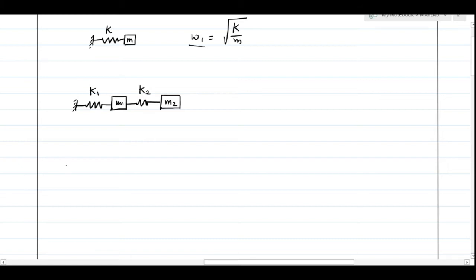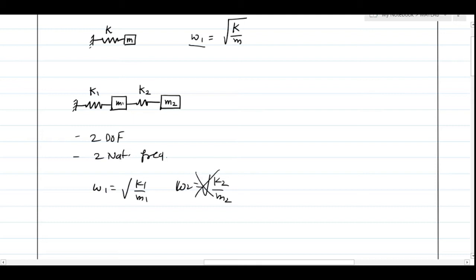So the first thing we should understand is, as the system has 2 degrees of freedom, it will have two natural frequencies. Now, what would be the value of these two natural frequencies? Can I say that omega 1 will be under root k1 by m1 and omega 2 is under root k2 by m2? No, this is not the right value because the degrees of freedom are coupled to each other. They are not independent. That means these are not the right solution.